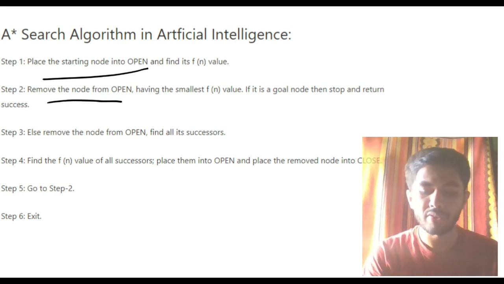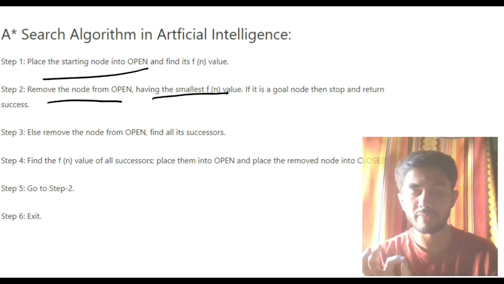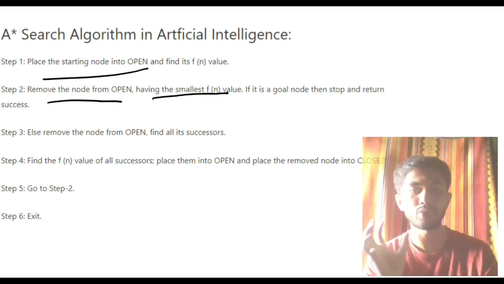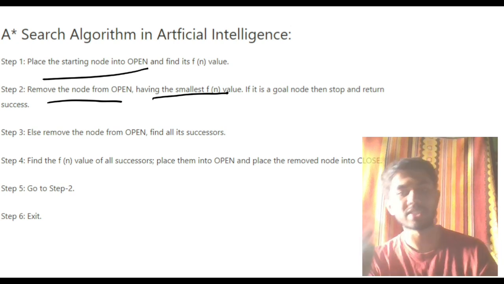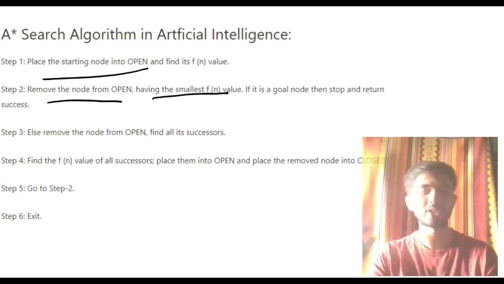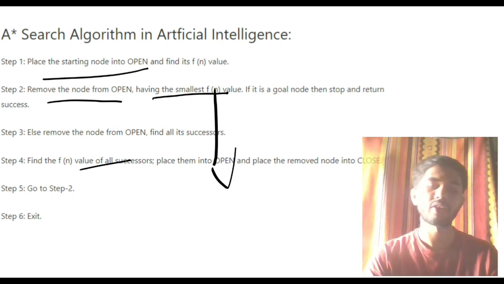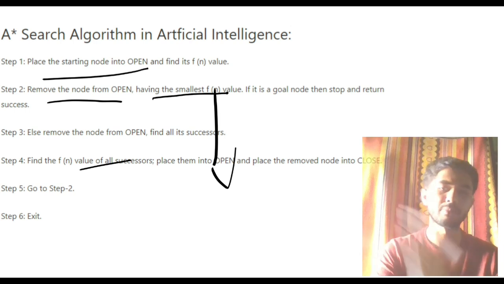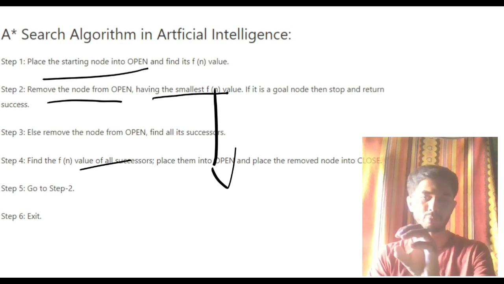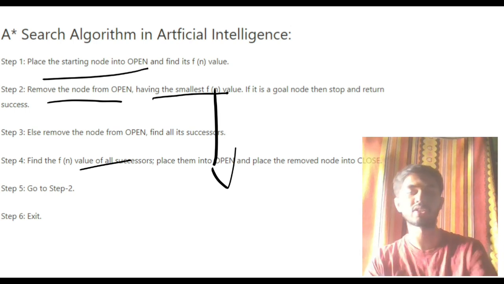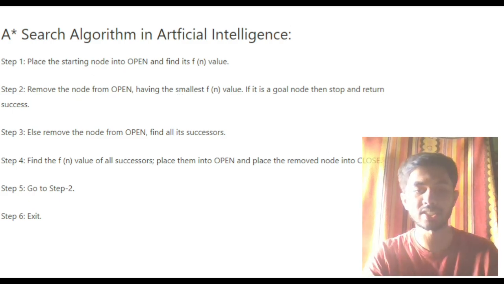After that, find the smallest f of n value, which is the smallest function value, heuristic value. Choose that, move ahead with that, insert the further nodes which you have, again choose the smallest, again move further, and that's all there is till here. Find the f of n value of all six there, find out the smallest, again come here and choose another node, put it, make it closed, again move further, again do the same things. That is the A star search algorithm.